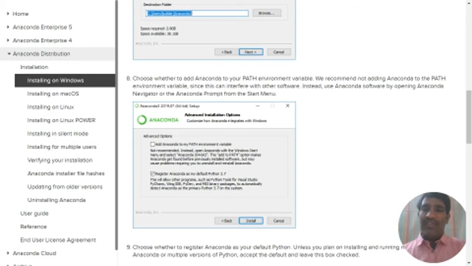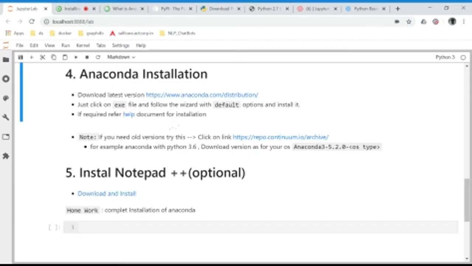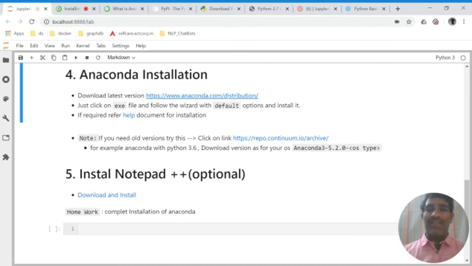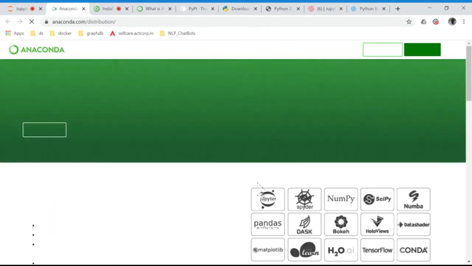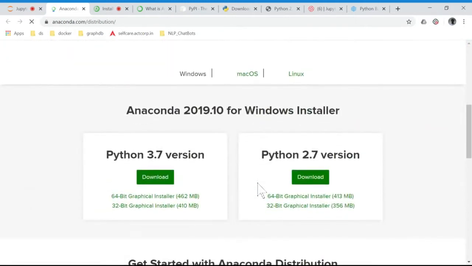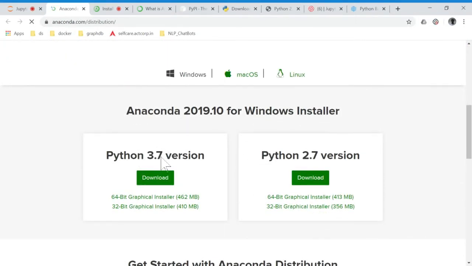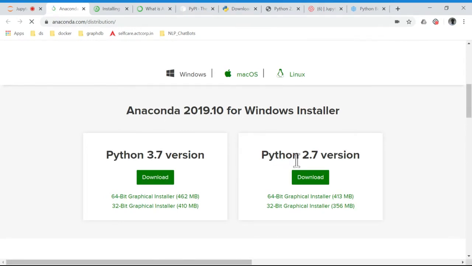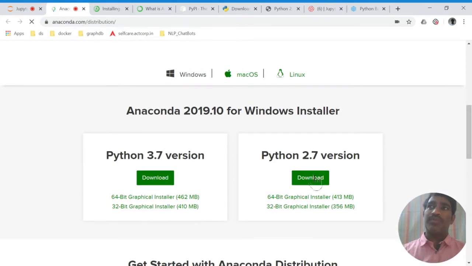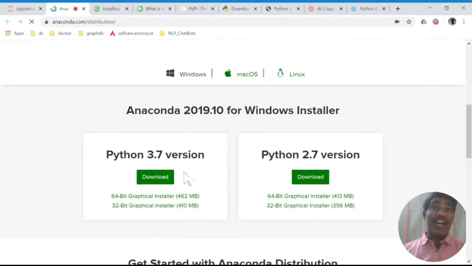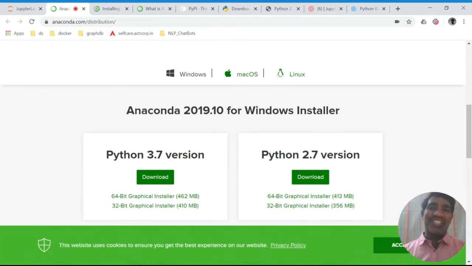Also, if you observe the versions here, there are 2 versions mainly available: Anaconda with Python 3.7 and Anaconda with Python 2.7. From my previous lecture, which one do you want to go with now? Python 3.7. Why? Because you already know that in another few months, Python 2.x support is going to be lost. No more is it going to be supported. So everyone has to go with Anaconda with Python 3.7.